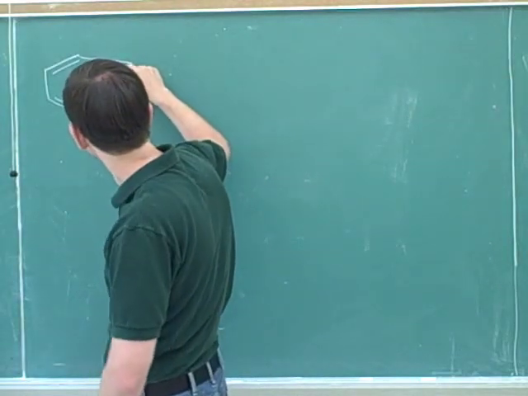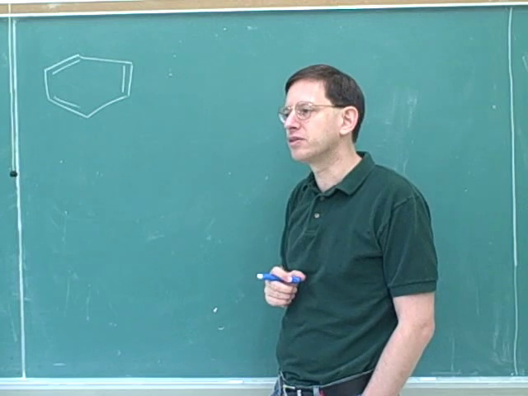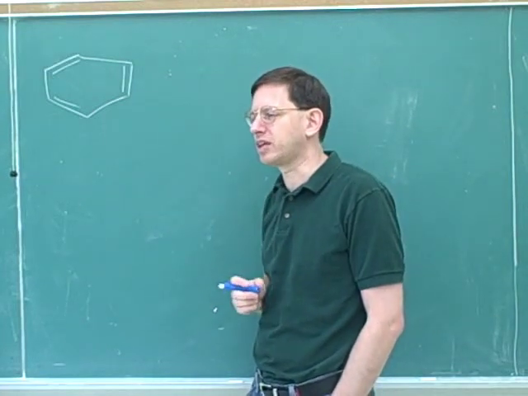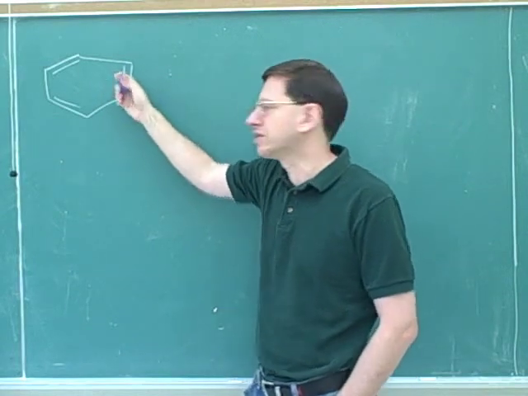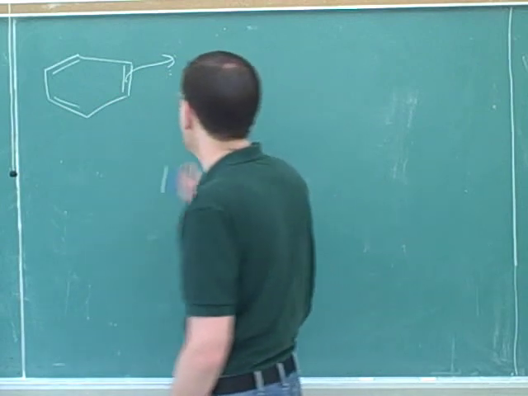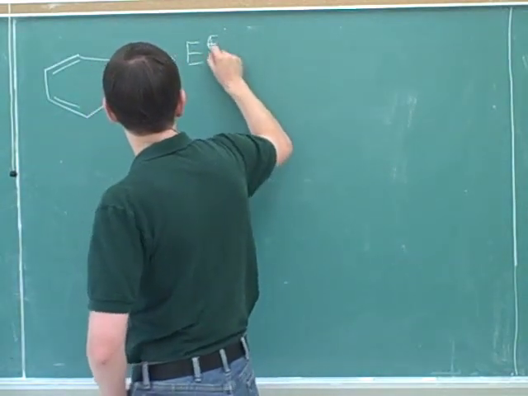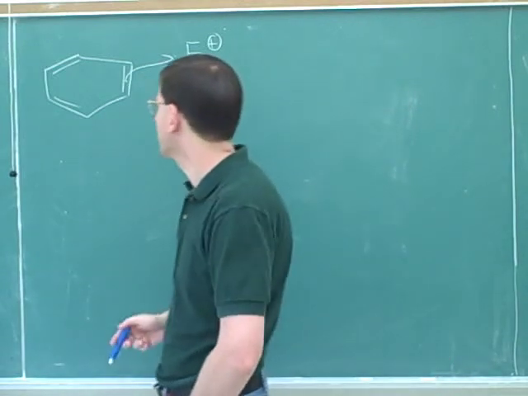Now, would we expect the carbon-carbon pi bond to be nucleophilic or electrophilic? Nucleophilic. We learned that last term when we were looking at electrophilic additions to alkenes. Carbon-carbon pi bonds tend to be nucleophilic, which means this should be at the tail of the arrow. So who should this get attacked by? An electrophile.